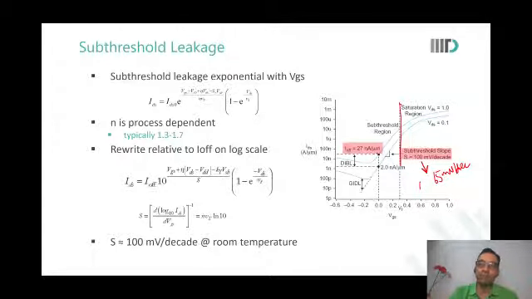Okay, Faisal? I have a doubt in the gate leakage only. Why were we using the term tunneling? Yeah, gate leakage we will come to. We'll come to it. Okay, okay, sir.